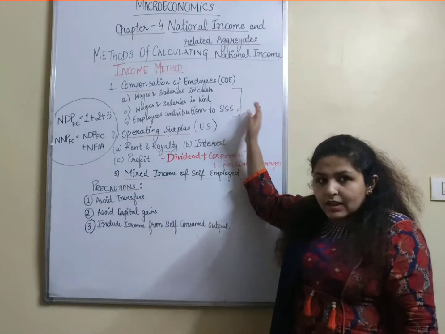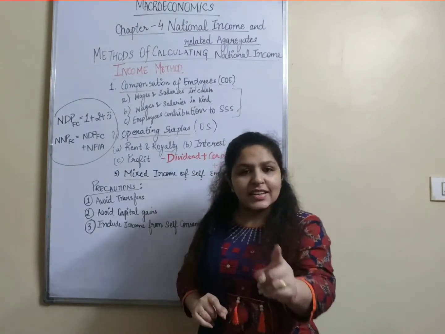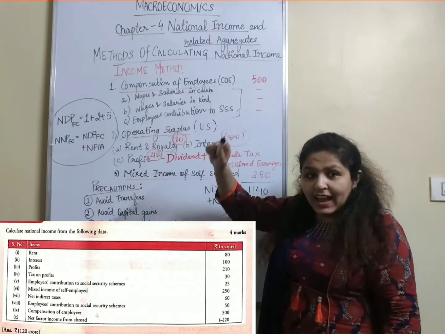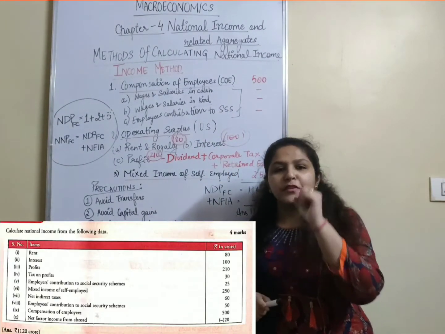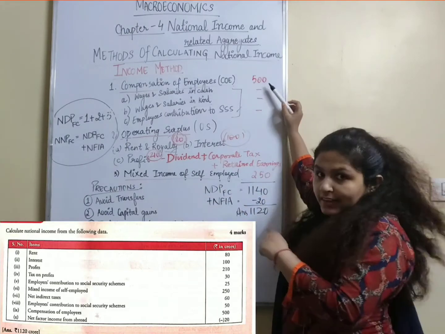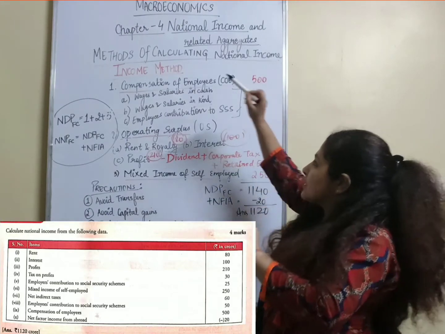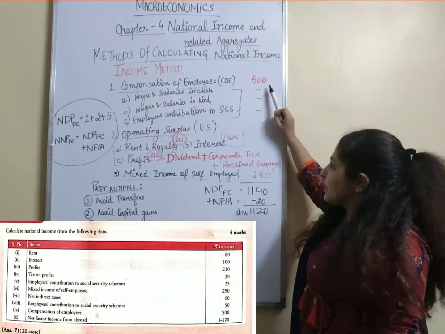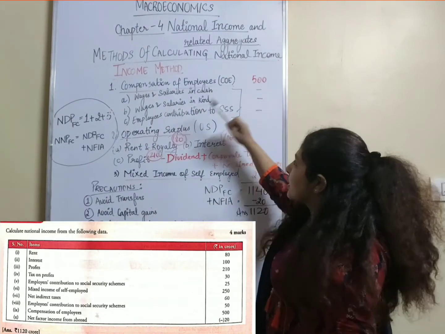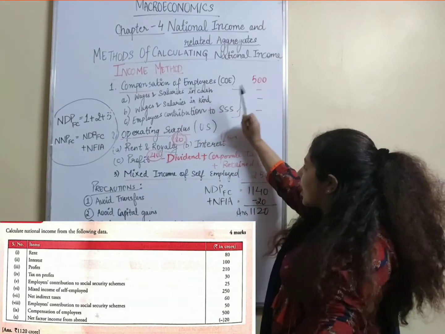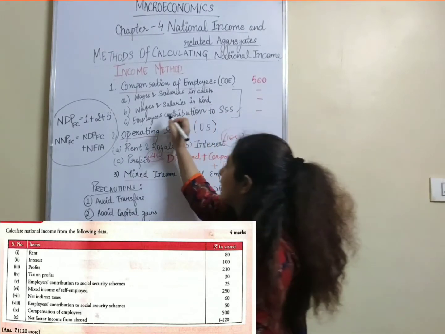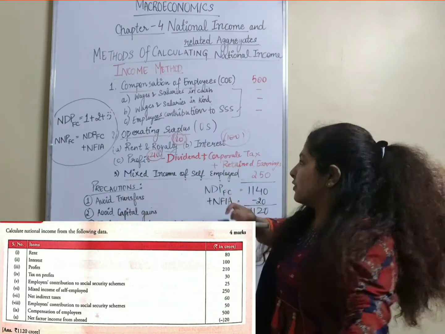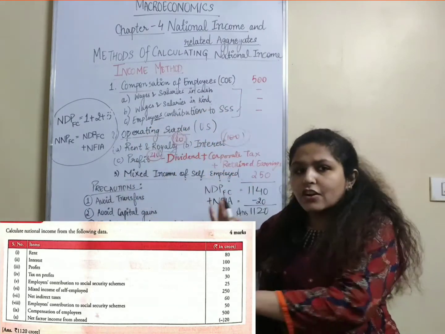This is the formula. Now our turn is to do one example. So the question says that calculate national income from the following. And I've already fitted the values in this. Just have a look that there's a value given of compensation of employees, that is 500. That means there is no need of searching for wages and salaries in cash, kind, and the employees' contribution. Mind it, we require employees' contribution, not the employer's contribution. So these three things are not required.